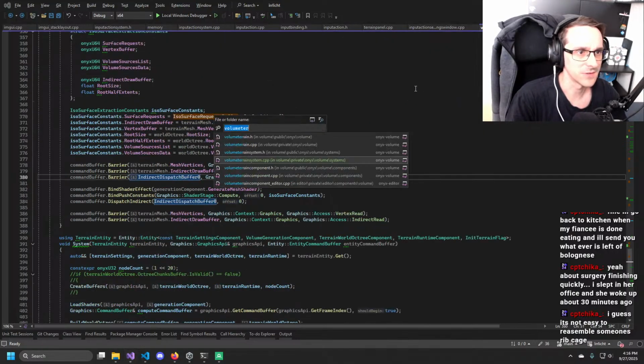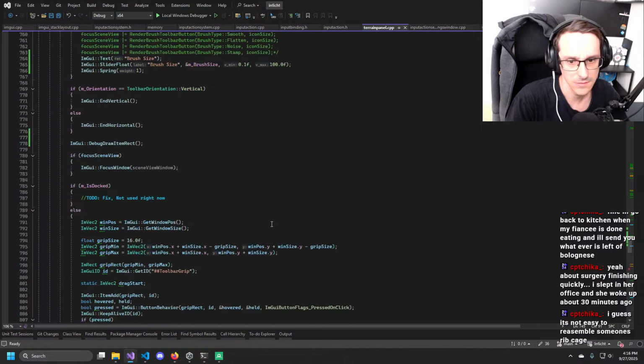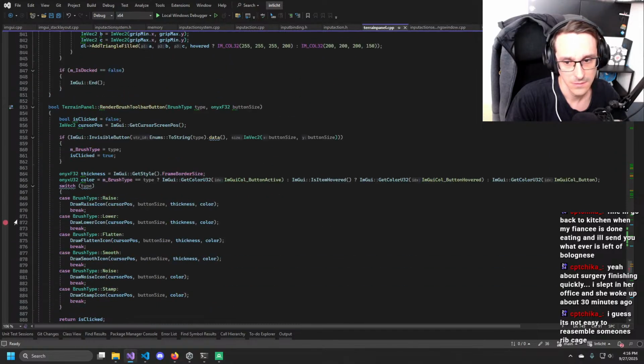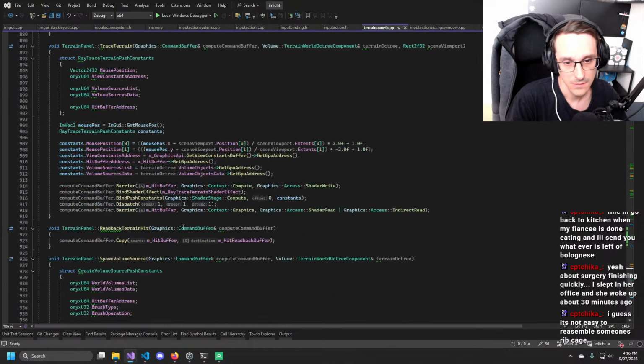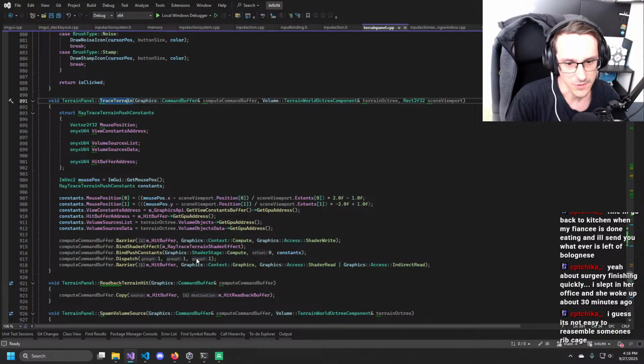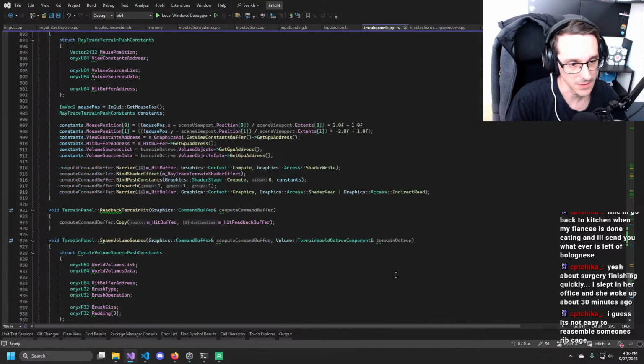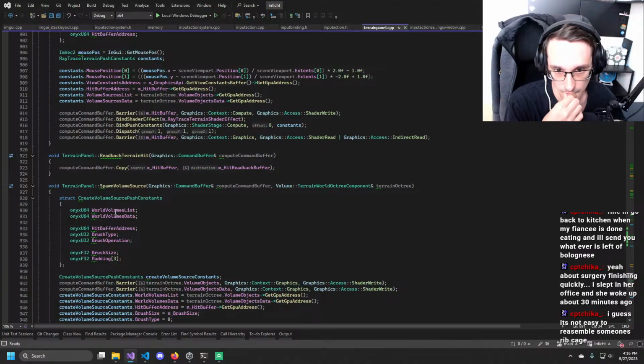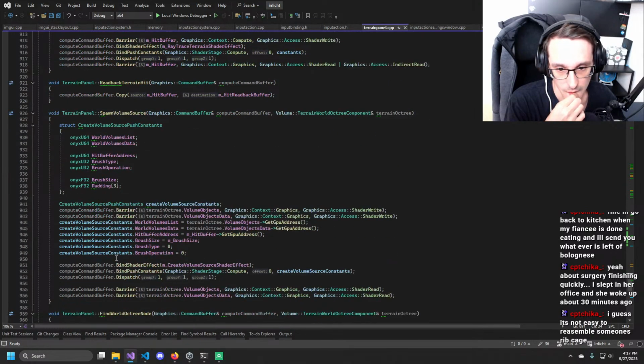Actually, maybe there is a synchronization missing here then. So we write to the terrain hit. Now we transition the hit to read, indirect read. And then